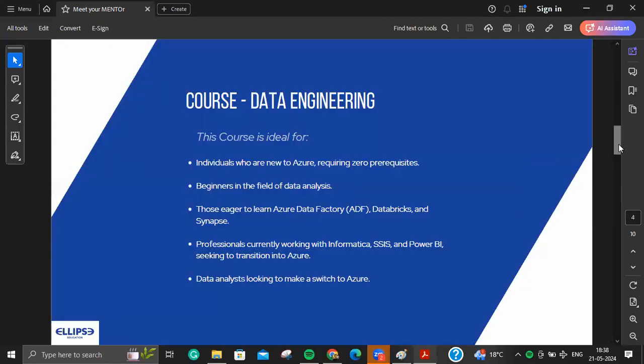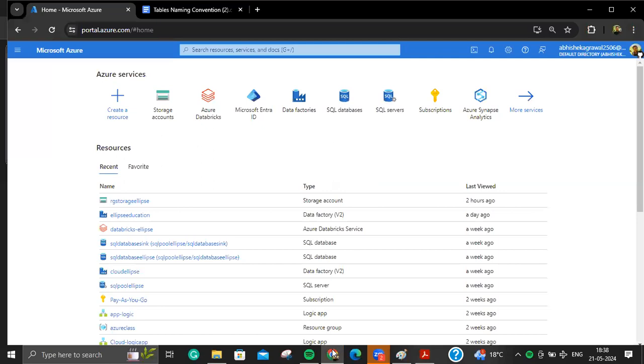Also I want to highlight a few things, because 95% of the class will go on this particular portal.azure.com. All the classes will be completely practical, and we will learn all the things in portal.azure.com.